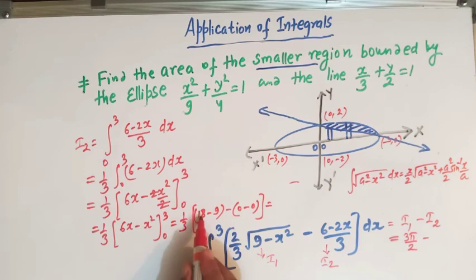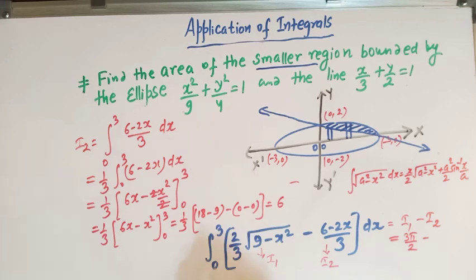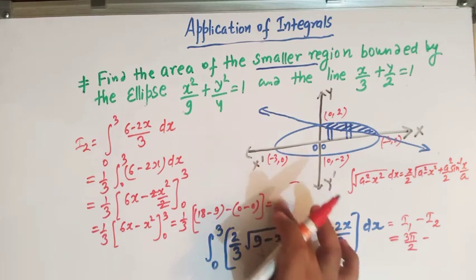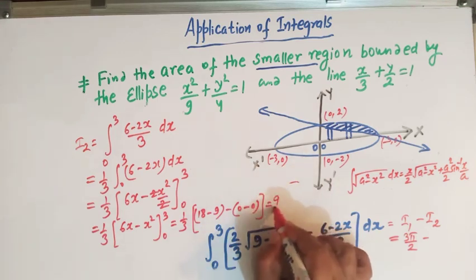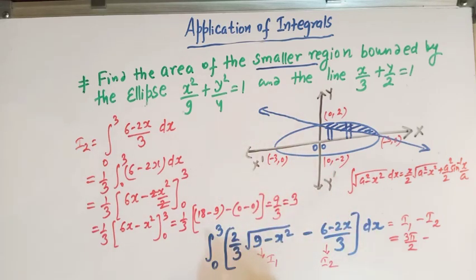So 18 minus 9 is 9, and 9 by 3 is equal to 3. Clear? Okay, so the value of I2 is 3, and therefore the area of the shaded region,